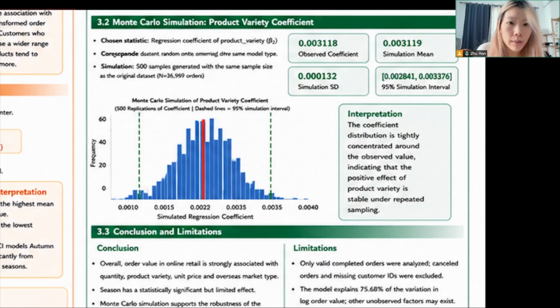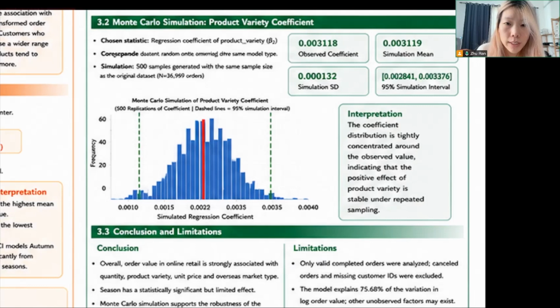I generated 1,000 simulated samples, each with the same sample size as the original dataset, which is 36,969 orders. For each simulated dataset, I refitted the same regression model and recorded the product variety coefficient. The observed coefficient is 0.003118. The mean simulated coefficient is 0.003119. The 95% simulation interval is from